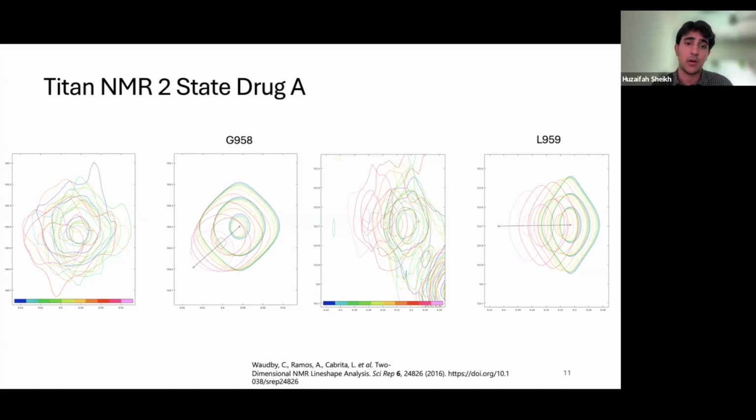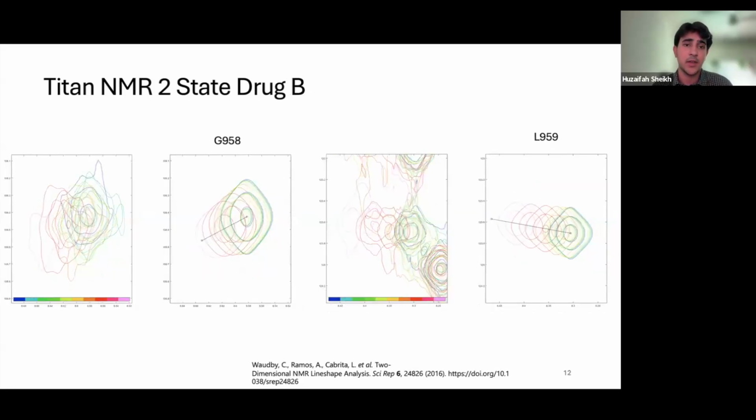As you can see here, these are our overlays, and we're tracking where the peaks are moving over the course of our titration. And then drug B here, once again tracking the same peaks, trying to analyze what the binding kinetics are, and how changes in the small molecule might affect specific residues